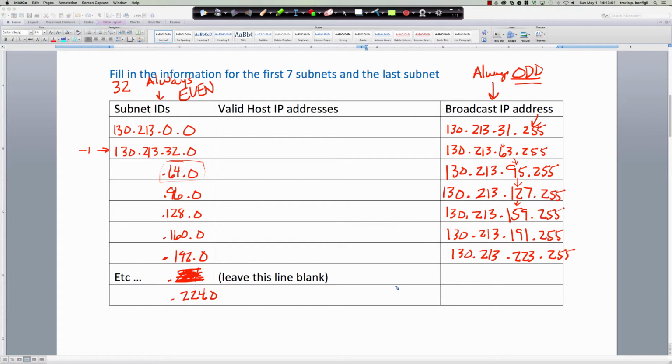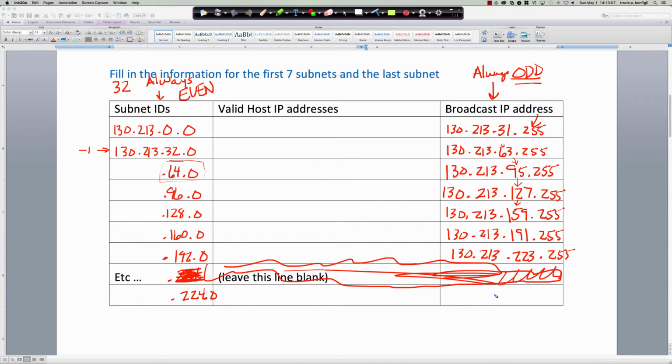And then finally down here, I'm going to leave that blank, so we'll scratch that out there. All right, so we're going to come down here to the final subnet, which would have been 130.213.2 what? If I added 32 to that, 255.255. Now, valid host IPs, we're just simply going to say